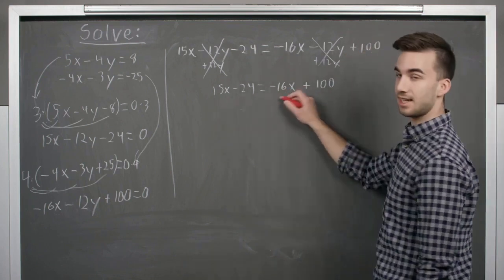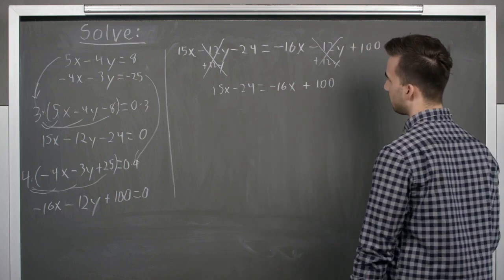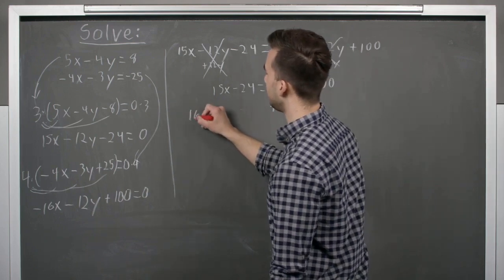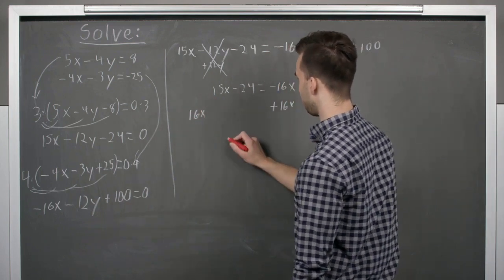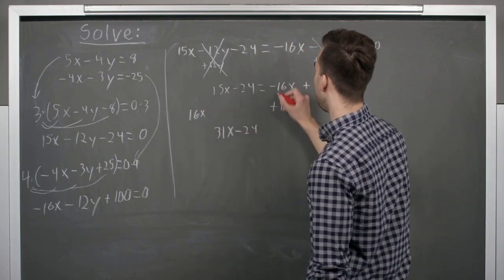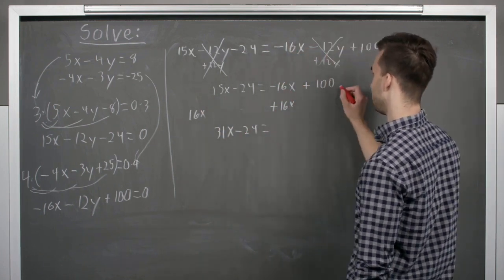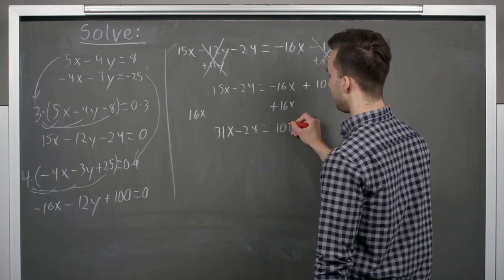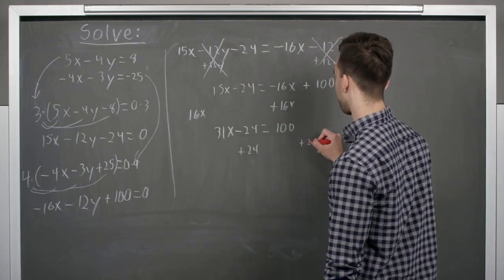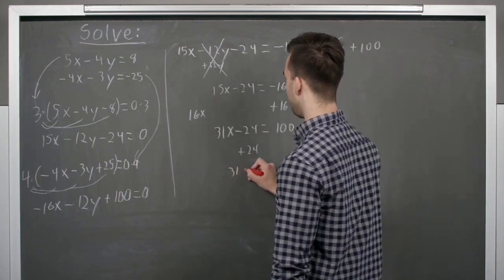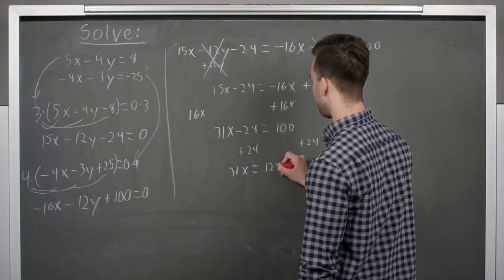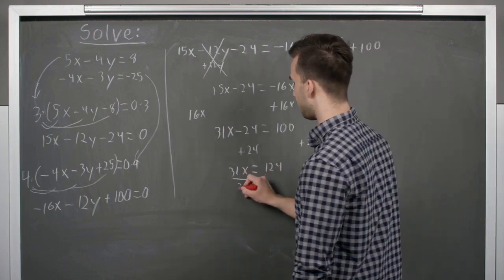Let's add 16x to both sides, so we're left with the positive quantity of x. So plus 16x, and then 16x, and that'll give us 16 plus 15x is 31x minus 24, and equals, no, x is over here, 100. So now let's add 24 to both sides, and that gives us 31x equal to 124. And now, if we divide both sides by 31,